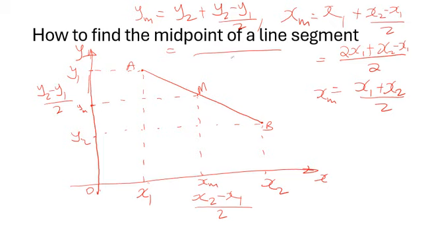We'll do the same, common denominator 2. There it will be 2y2. Okay, there 1 be plus. Maybe before we proceed, there is one thing I need to explain here. This is y2. This y2 is smaller than y1, which means the result of y2 minus y1 should be negative. The result of y2 minus y1 should be negative, which means